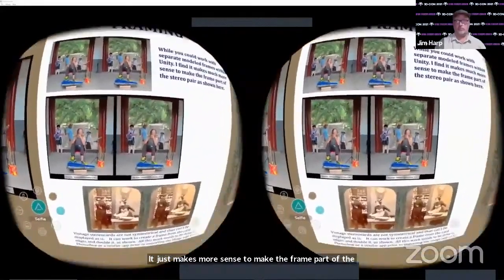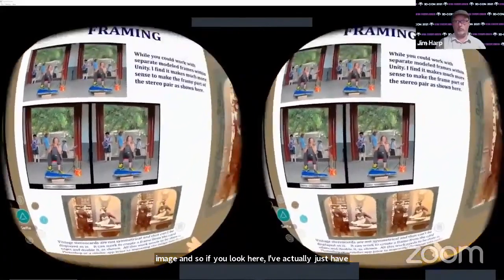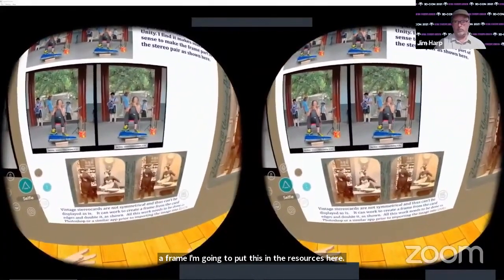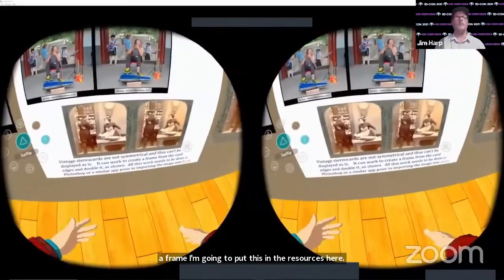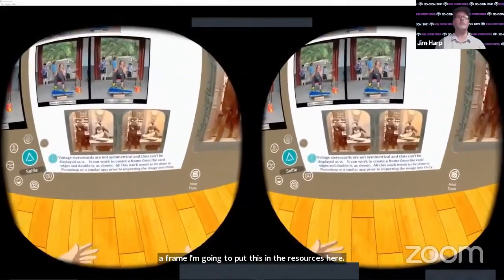I'm going to put this in the resources here. It's just a basic black outline. I put a little plaque on it where I can type in what I want. Now, vintage cards are another problem. Unfortunately, as you can imagine,